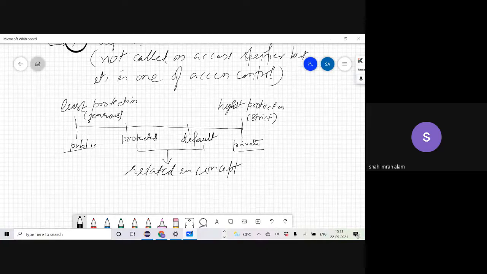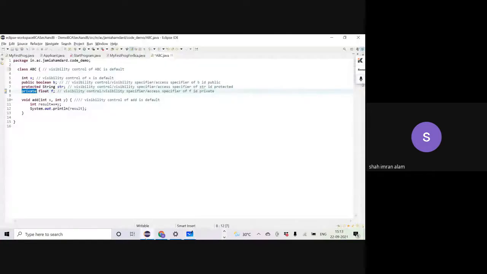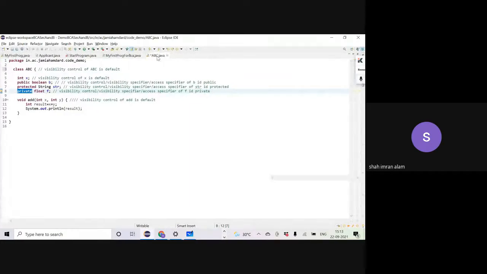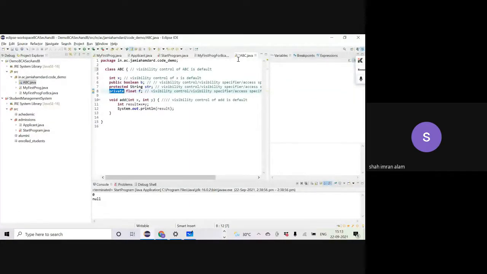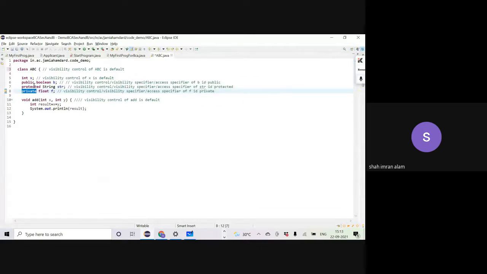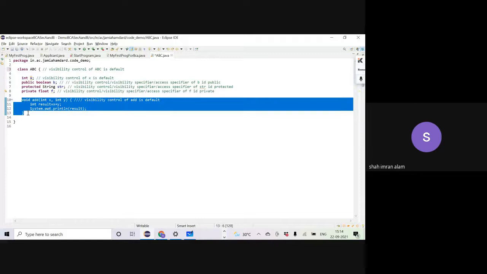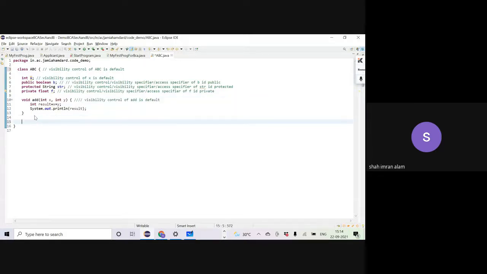Now let's see what the meaning of these is. If you look at this class abc.java, we have got one public variable b, one private variable f, one protected variable str, and one default variable x. Similarly, if I want to have the same 4 visibility controls for methods, we have a method add, and instead we write a method subtract, and the result is x minus y.